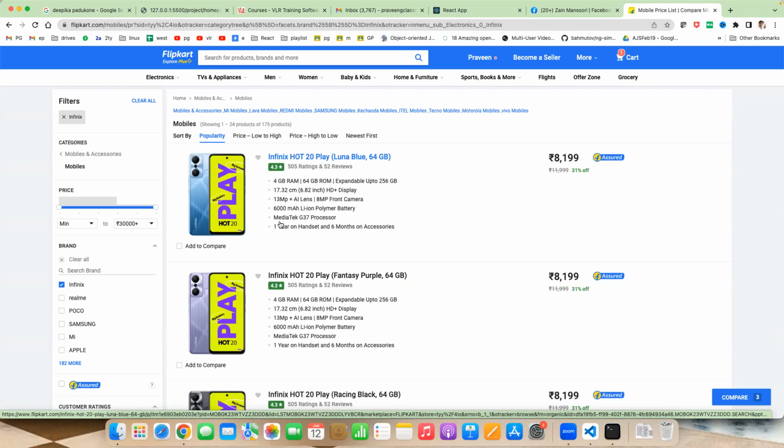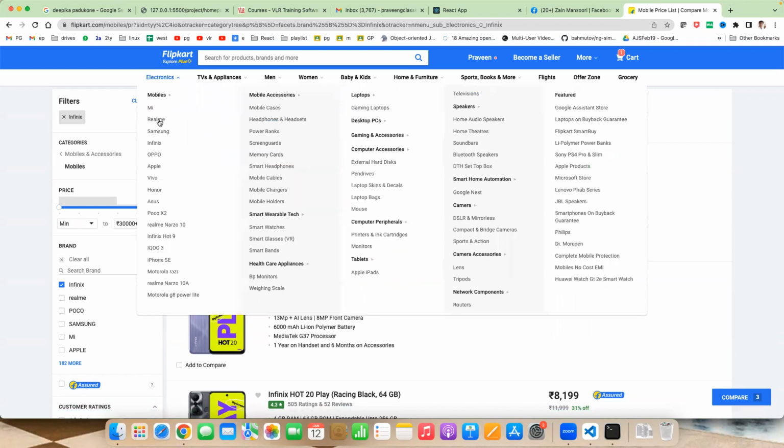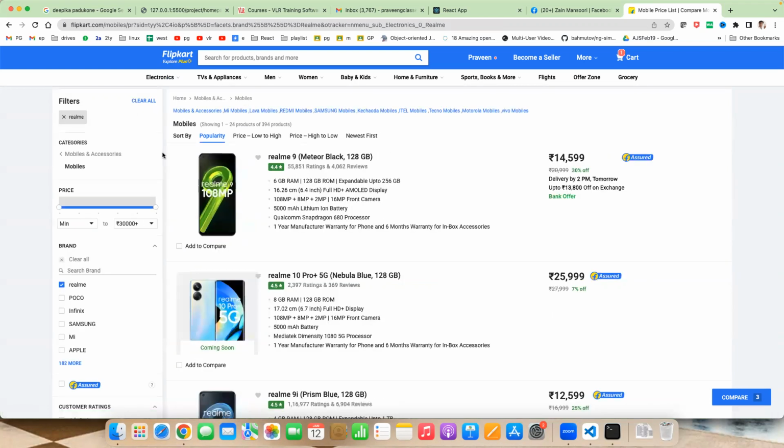That work will be done by JavaScript. So when I click here, and once again when I click on Realme, only a request goes for the data. I already have the template. Only the request goes for data. That data will be taken back by the JavaScript program and that will be